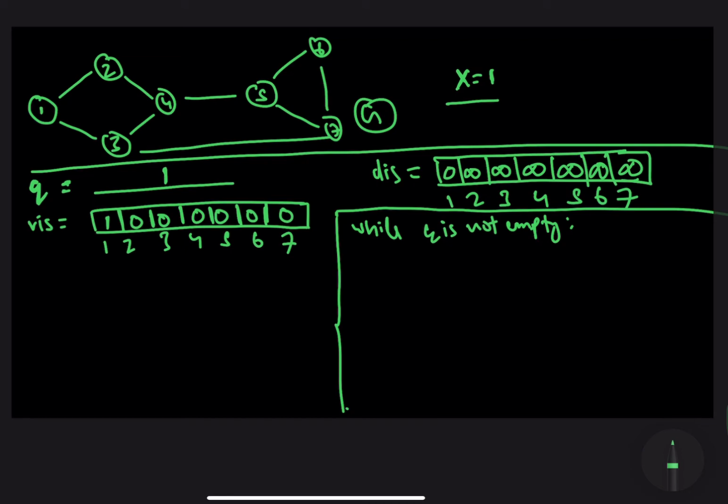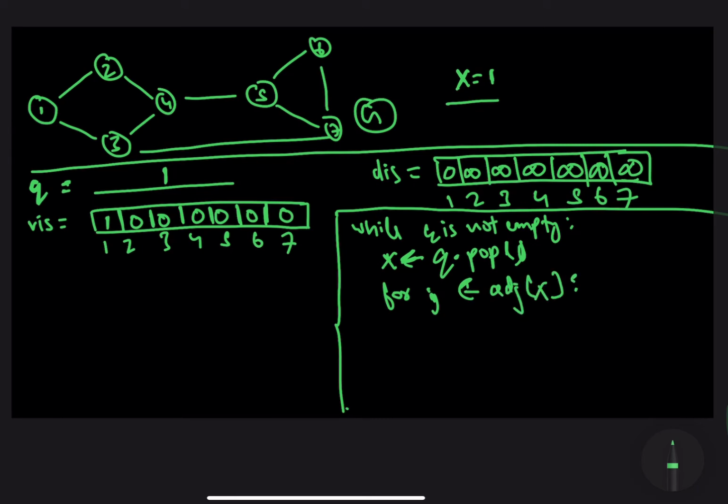All right, so the first node, let's say x points to the frontmost element of the queue, that is q dot pop over here. Now what we need to do is iterate over all the nodes which are adjacent to this node x. So for, let's say, j represents the nodes which are adjacent to the node x, or j belongs to adj x over here.